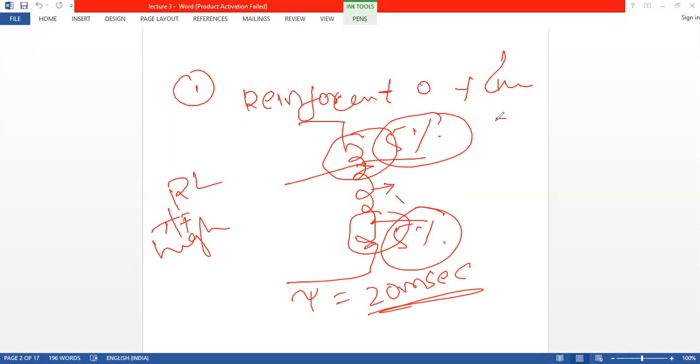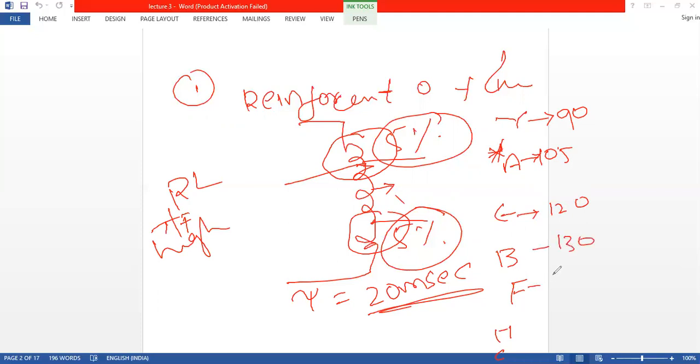What are the different types of insulation? Y type, A type, E, B, F, H and C. Y type is 90 degrees. A type is 105. This is the last year question. E is up to 120. B you can say 130. F is 155. H is 180. The last type is C, greater than 180 degrees. You write it down. So at the top and bottom they will use C type, and in between they can use different types of insulation depending upon the rating.